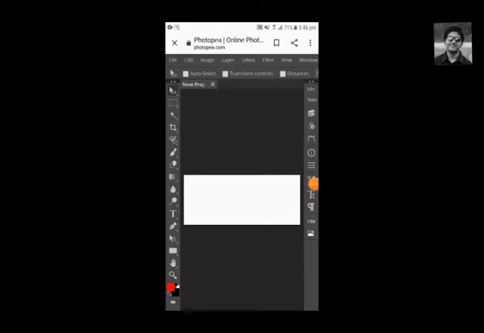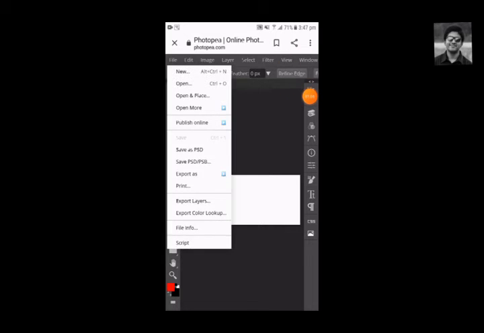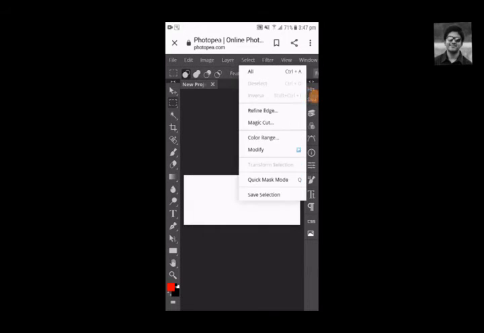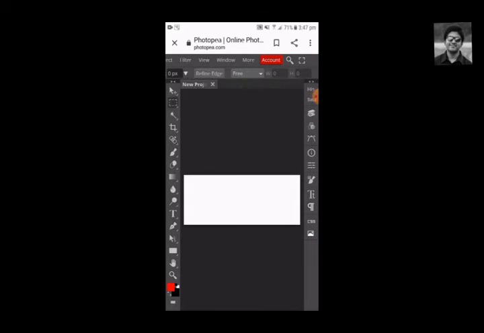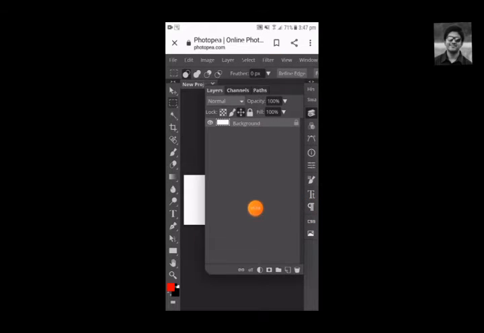Now you can see all the tools are here. Here is the eraser tool, here is the coloring tool, etc. You can see the tools: file, edit, image, layer, select, filter, view, window, account. Also here are some more other tools,